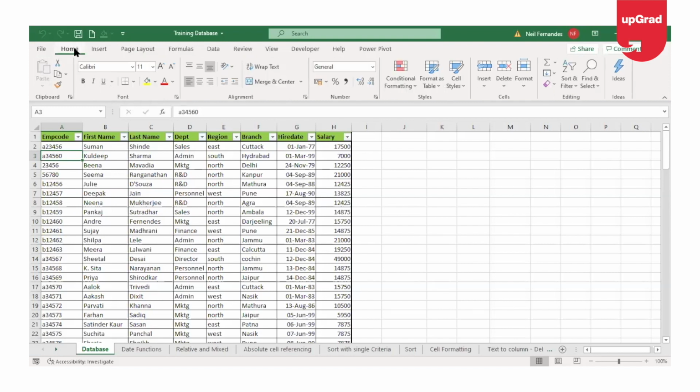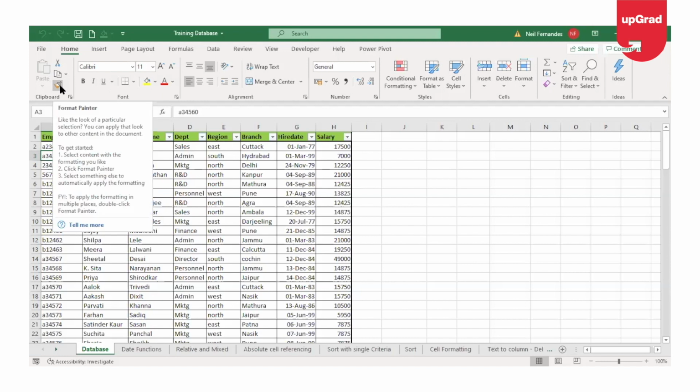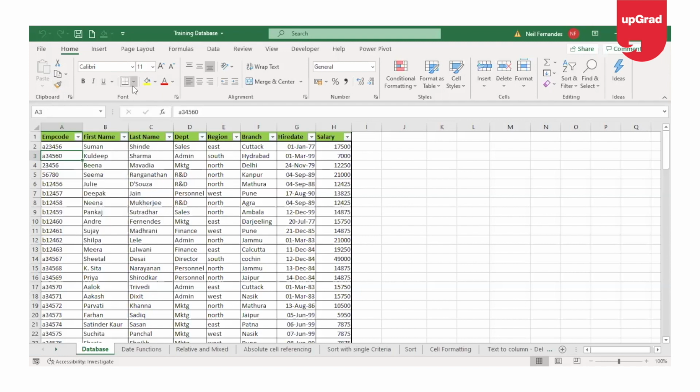Starting with the Home tab, this tab contains all the commands that are used most of the time, and it contains all the commands related to formatting of the cells in Excel. Commands in the clipboard group are cut, copy, paste, and the format painter, which we will be running through later in the tutorial. Font includes commands related to formatting of the cells, like changing the font type, font size, changing the color of the cell, text, etc.